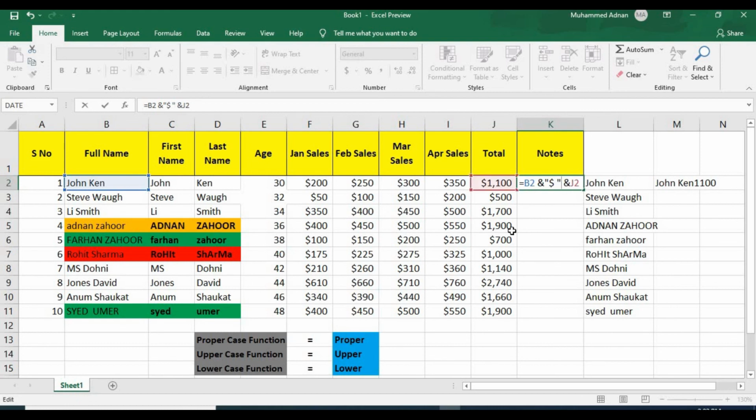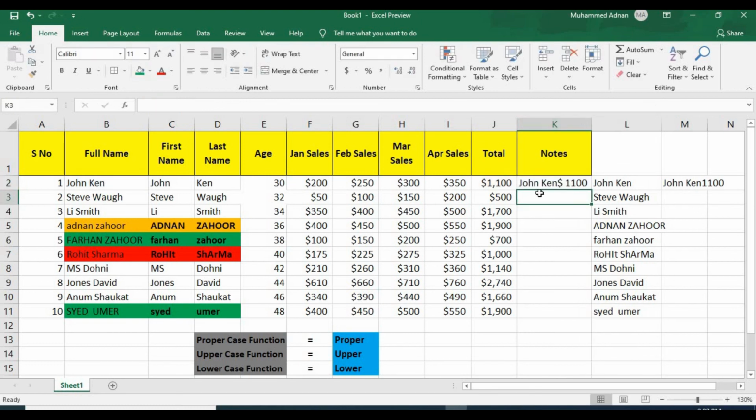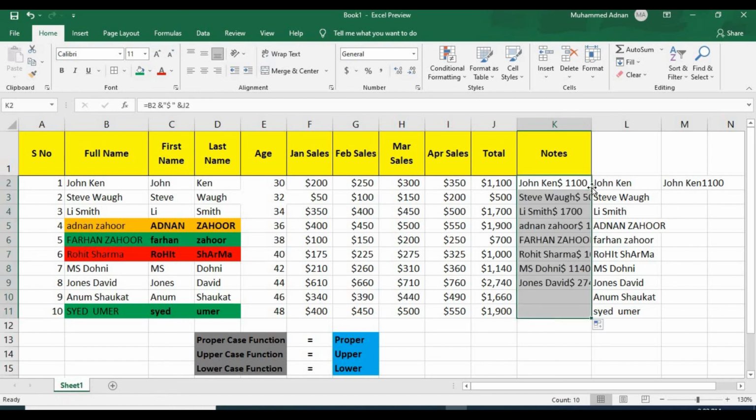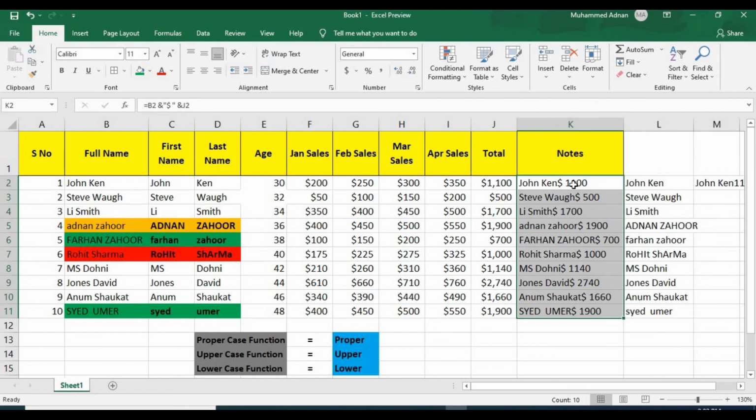Now see what it has done for us. You can see that John Ken has $1100, and if we double click on it, you can see that everything has been done in a useful format.